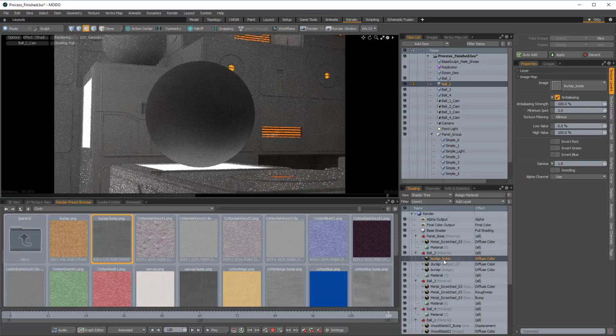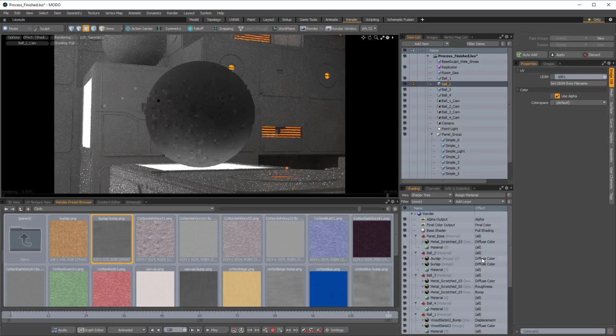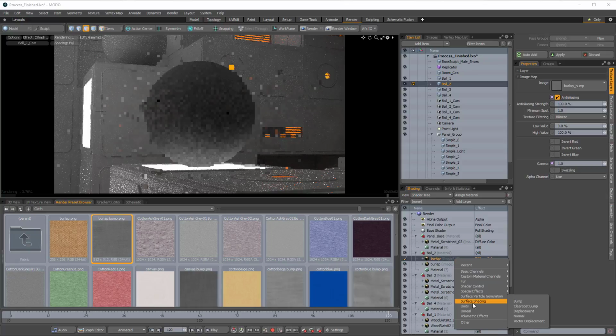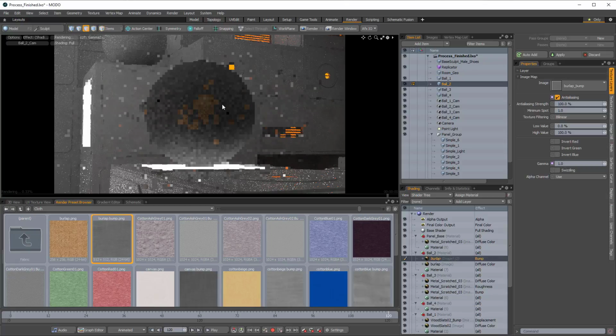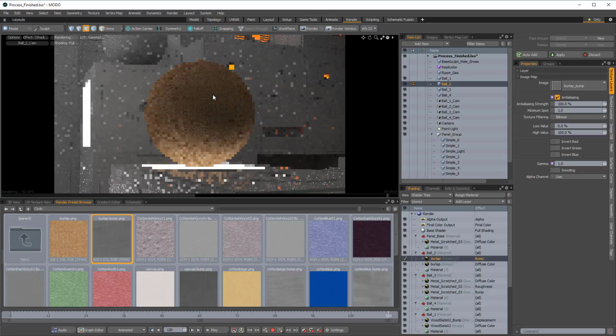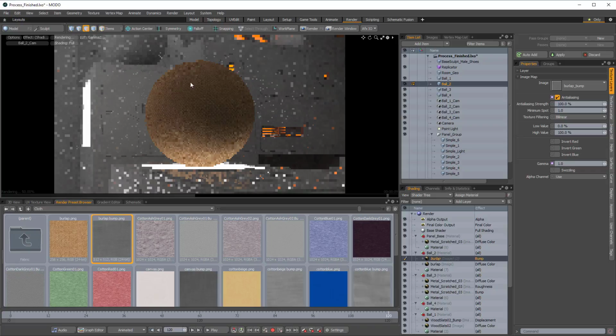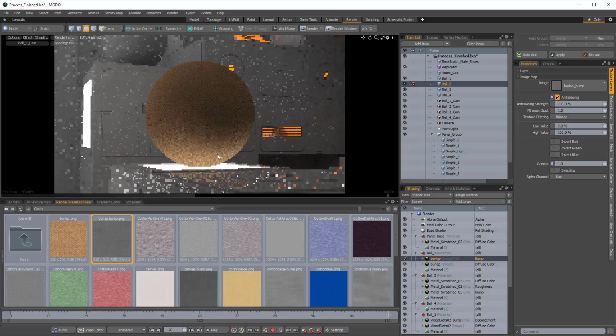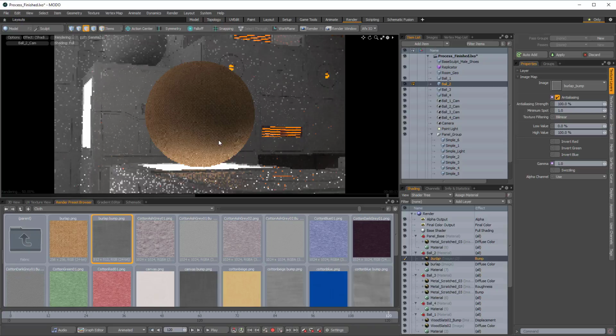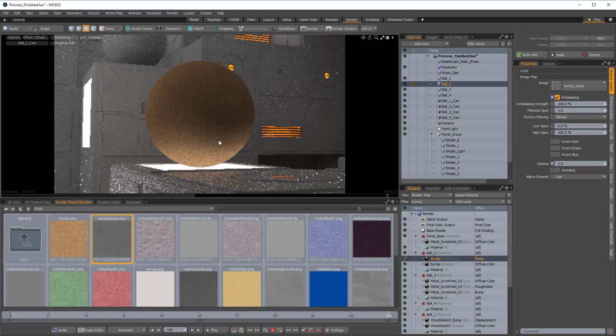So let me go ahead and delete that. And now if I go down to surface shading and choose bump, we're going to have just our orange texture, and then we're going to have the bump laying on top of it to give us the feel of more depth on the surface. Okay, so using images is a really powerful way to add a lot of additional variation to the surface of your objects. You can also paint right on top of images if you have them in your